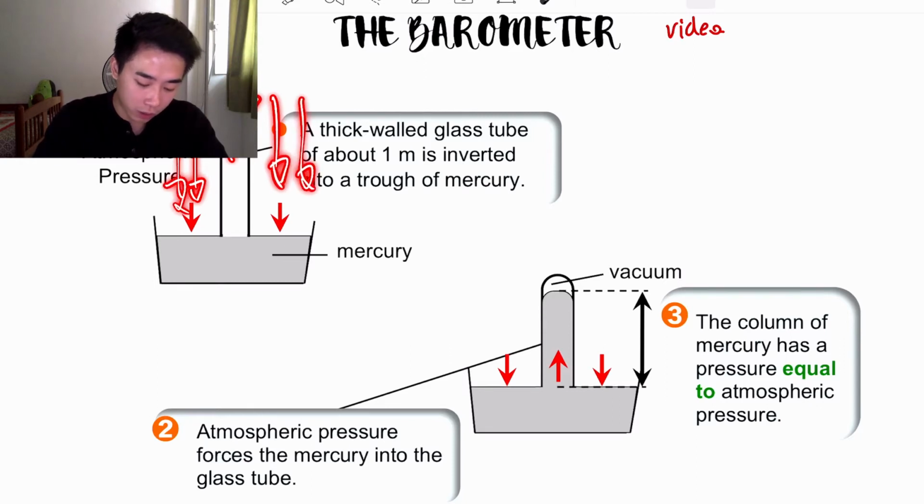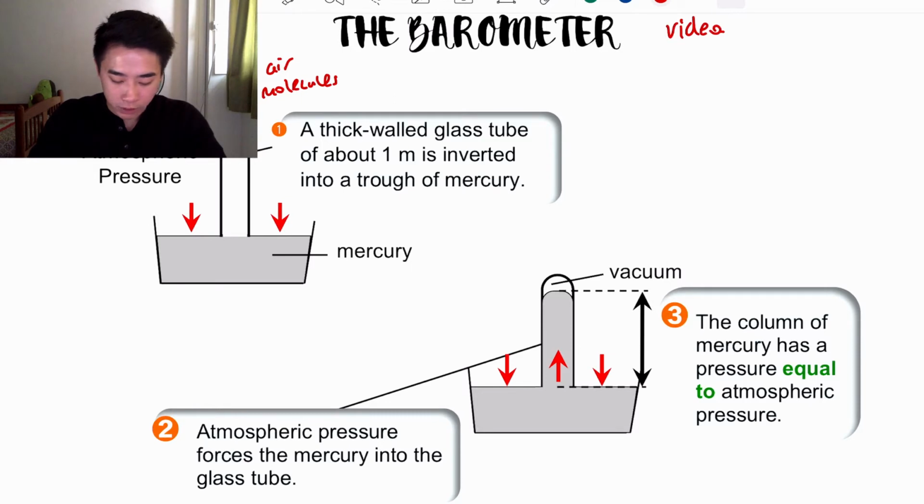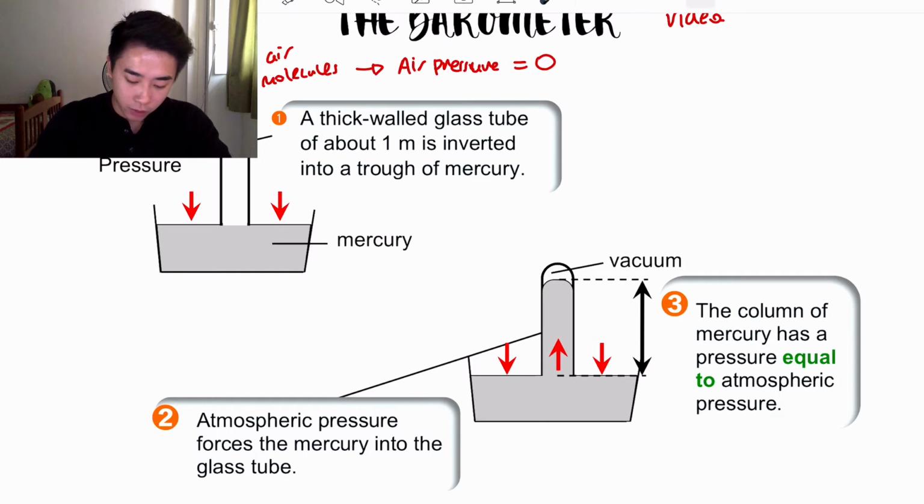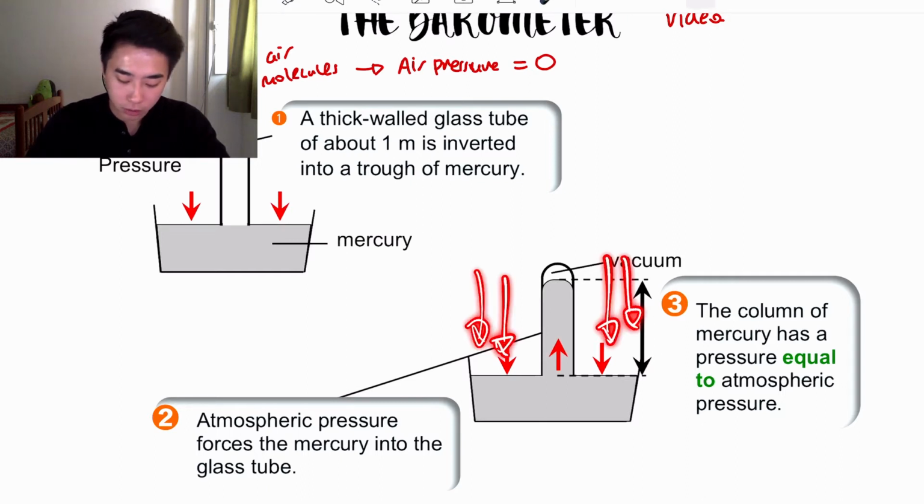Now take note, when you invert it, there must be no gas inside here, alright? So there must be no air or gas inside here at all. Once you invert it, because there's no air molecules at all, that means that air pressure inside will be equal to 0. So when you place it inverted, atmospheric pressure, which is greater, starts to force air downwards,